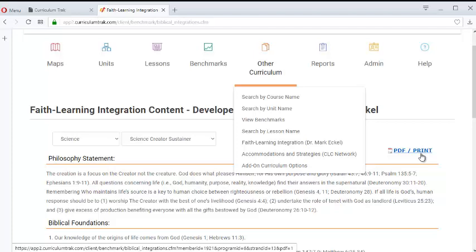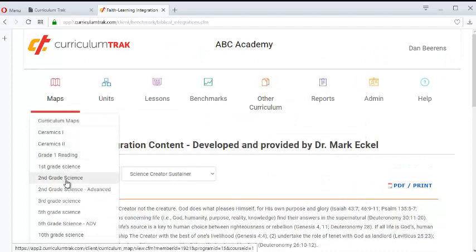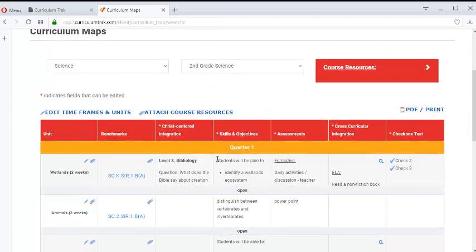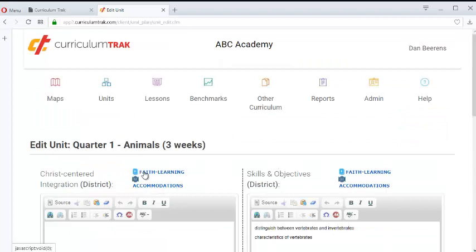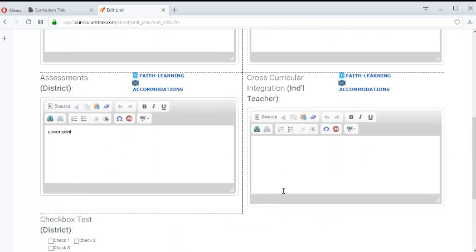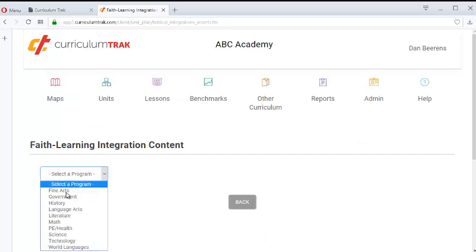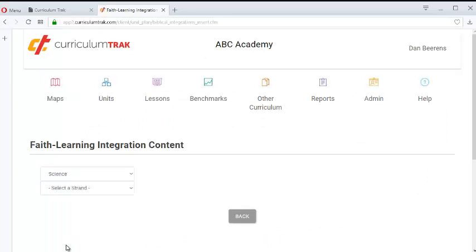You can also incorporate this content right within your units themselves. So let's go ahead and go to 2nd grade science, and let's go ahead and edit this unit here on animals. So notice that I have this icon now for Faith Learning Integration by each of these fields. So for instance, if I wanted to have in this field for Christ-centered integration, I could click on Faith Learning, and since it's a science course, I'll choose Science, and we're going to do